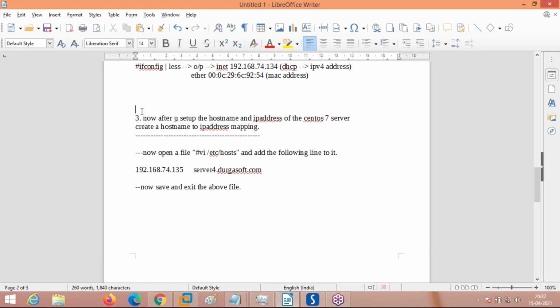Third, we have set up the host name to IP address mapping in the hosts file. Very important to do it. Okay, 3 things. Now the system is up and running. Now the system can be used for deployment, of any application or whatever the purpose of your deployment is, that you can do now.